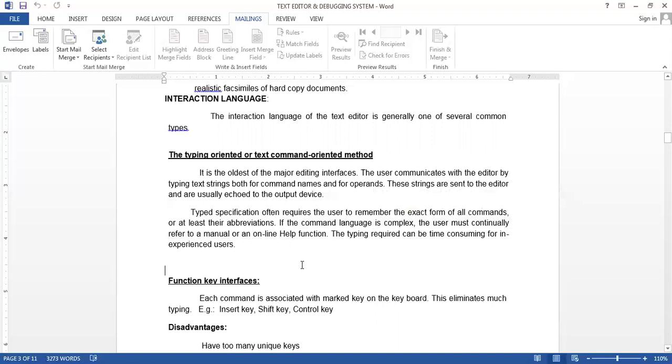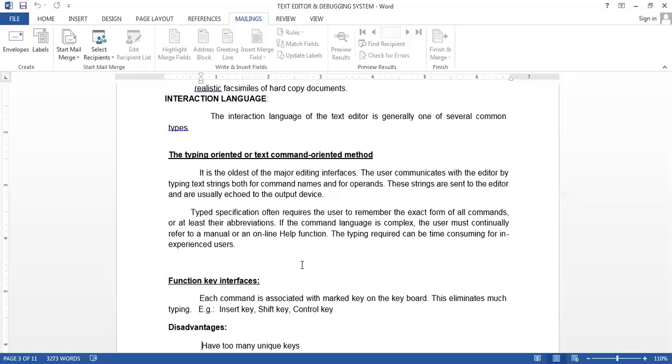There will always be an online help manual, so you can get information about every command: the syntax of that command, the parameters, and the proper syntax to use the command. This is the typing oriented or text command oriented method, one language to interact with the editor interface.